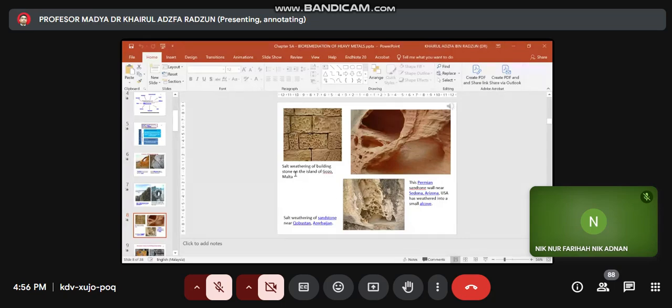We can also see salt weathering of building stone on the island of Gozo, Malta. Something like that, this is due to salt weathering. And then we can see salt weathering of sandstone near Gobustan, Azerbaijan. So this is salt weathering. And the Permian sandstone wall near Sedona, Arizona, USA, has weathered into a small alcove. So the structure that you can see, the hollow structure within this particular